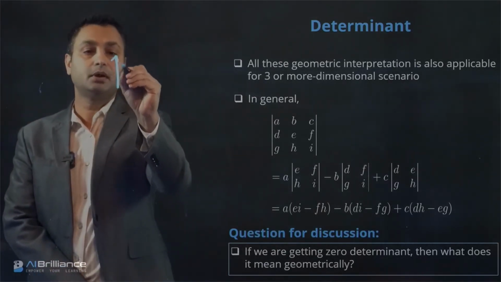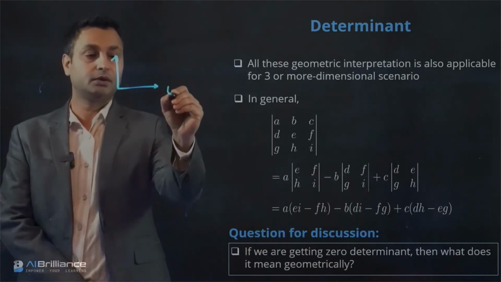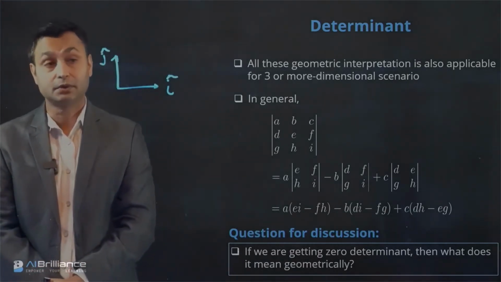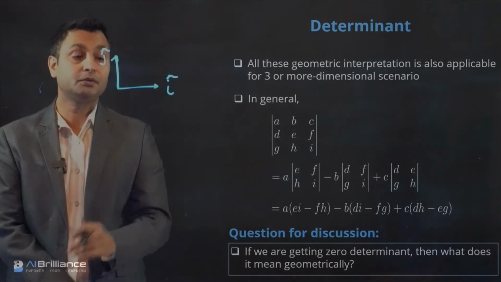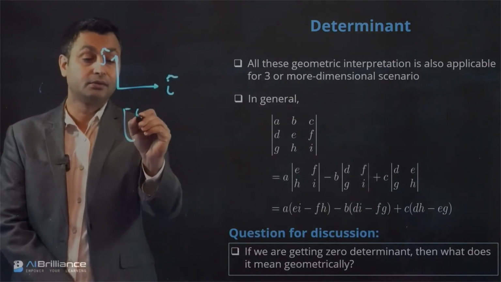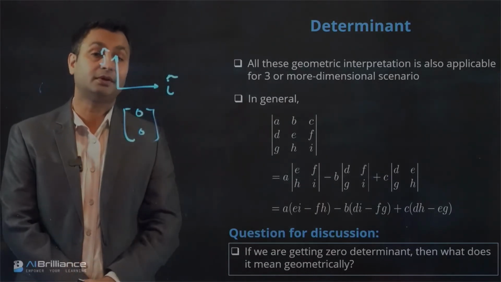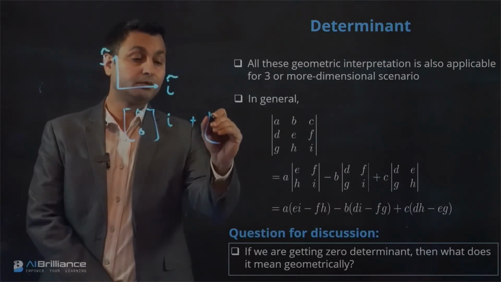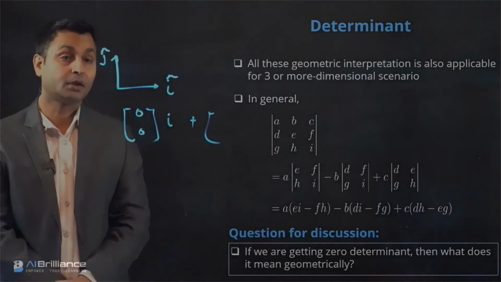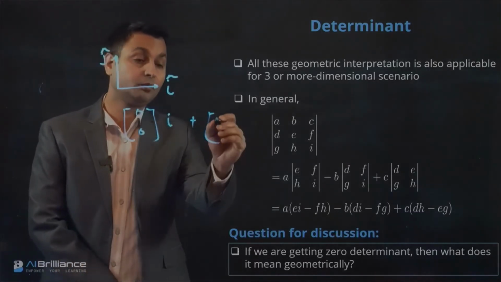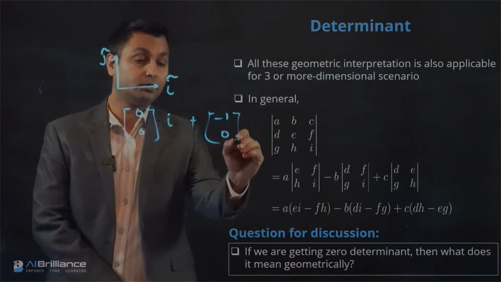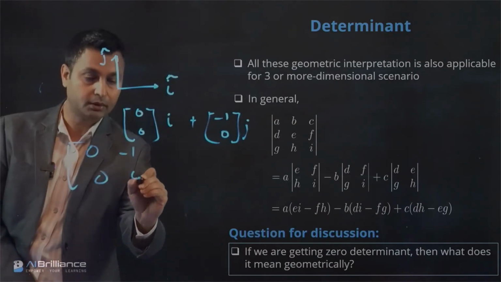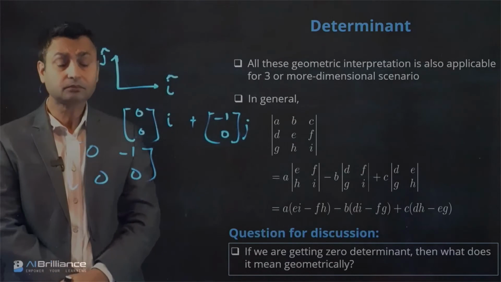So, whenever you have a determinant that is 0, one of the following cases is going to happen. Remember our unit vectors i and j that are getting transformed. You might have a transformation which is not changing i, so you might have 0, 0, and then you might have a transformation which takes j and makes it overlap with i, so it could be -1, 0. So, if I use this matrix, which is 0, 0, -1, 0,